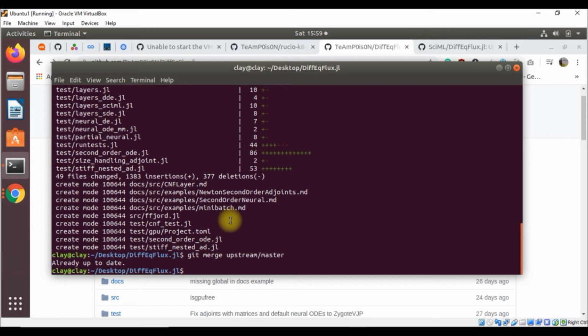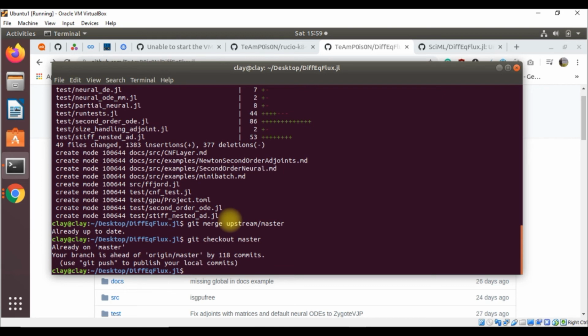Next, our task is to check out the branch we wish to merge to. Usually we will merge into the master branch. So we will check out the master branch. Git checkout master. Okay, already on master because we haven't changed our branch.